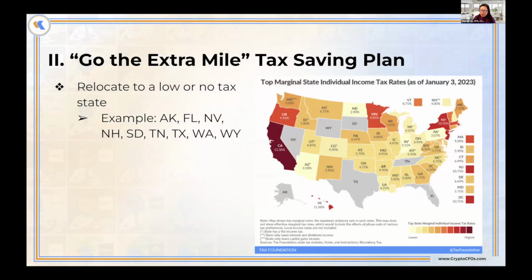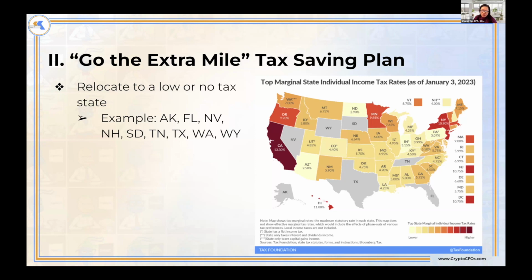All right, so the next round of strategies is called the go the extra mile tax saving plan. For people who want to go the extra mile to minimize their crypto taxes, they can move to a place that offers a lower tax rate